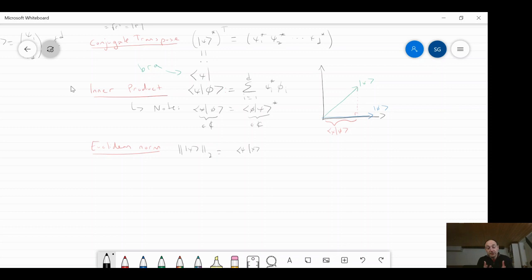This is an inner product function, so the output in general will be a complex number, but in this case, we're taking the inner product of a vector with itself. So here, you can prove that this overlap will always be a non-negative real number. And then, of course, it makes sense to take a square root. So that is going to be the 2-norm of an arbitrary vector psi. Take the inner product with itself, and then take the square root to get rid of the square, basically.